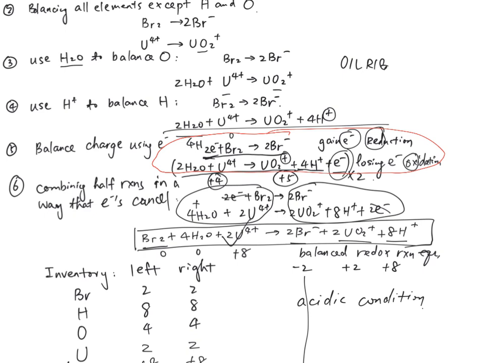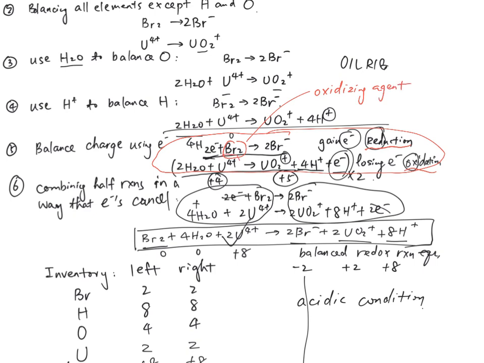Whoever has the electron on the left side is gaining electron, and whoever has the electrons on the right side is losing electron. And that gave you reduction and oxidation. And if the reactant Br2 is going through reduction, what does that tell about its role? That makes this guy, whoever goes through reduction, your oxidizing agent,